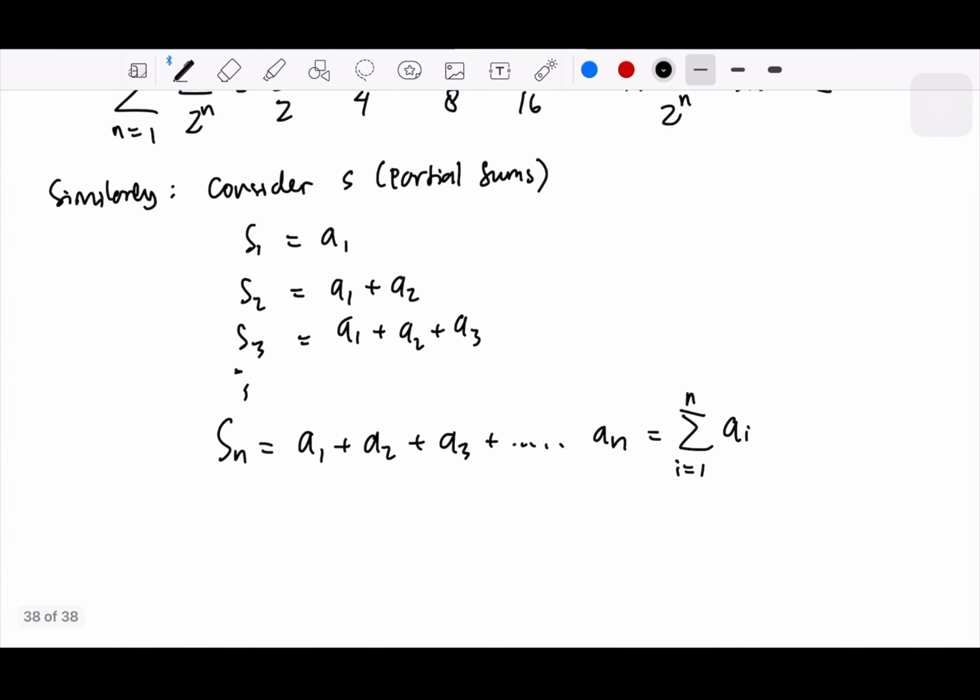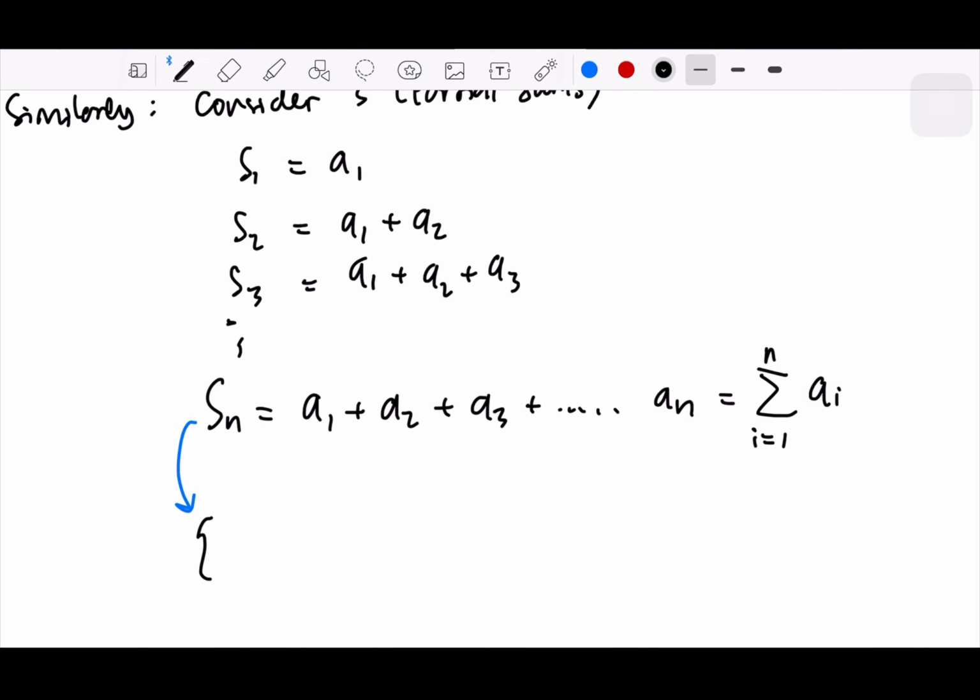This partial sums getting a new sequence. So from this partial sums addition and adding terms, we can get a new sequence Sn,